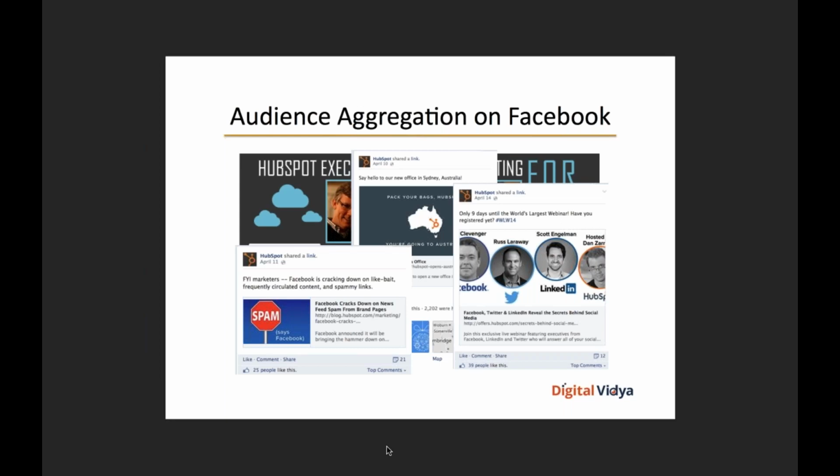So this is an example of reaching out to specific cold leads, very, very cold leads, icy cold leads, so to speak, who are probably not interested or even looking at purchasing HubSpot as a marketing automation platform, but who are just using HubSpot as a content property. But this is an example of an audience aggregation technique, which is reaching out to all of those icy cold leads in your entire customer universe bucket.